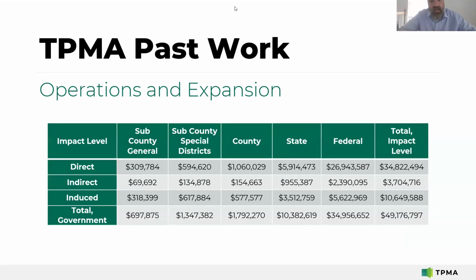Here's an example, again, operations and expansion. These are the taxes that we talked about. Now, listen, we can get into crazy detail if anybody has an interest. In fact, it drills all the way down, even in the industry code, when we start talking about the indirect, that is the supply chain component. If we enter an industry, enter their employment, enter their payroll, we can estimate which specific industry subsectors, and I'm talking down to the 6-digit NAICS code, we can estimate what they're getting out of it.